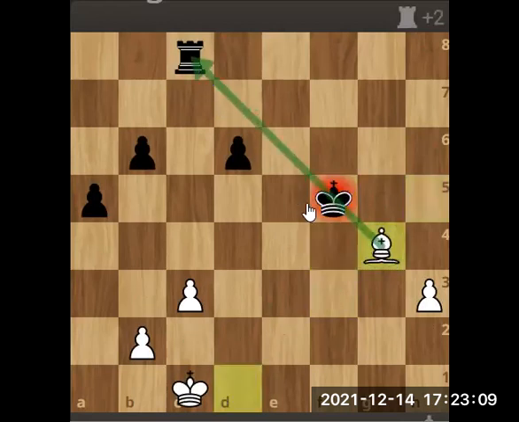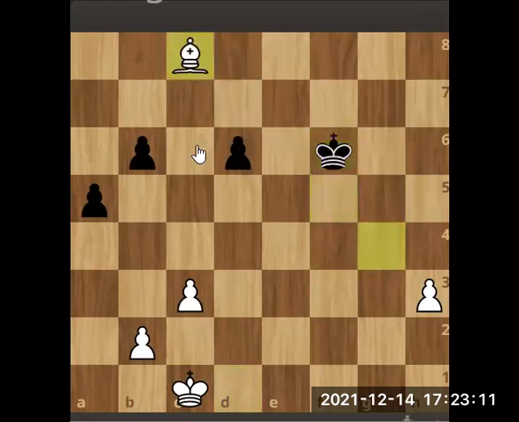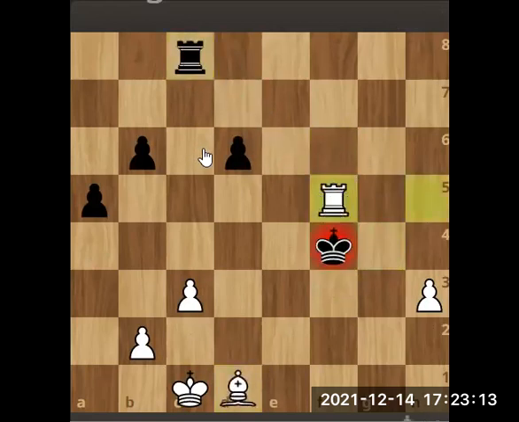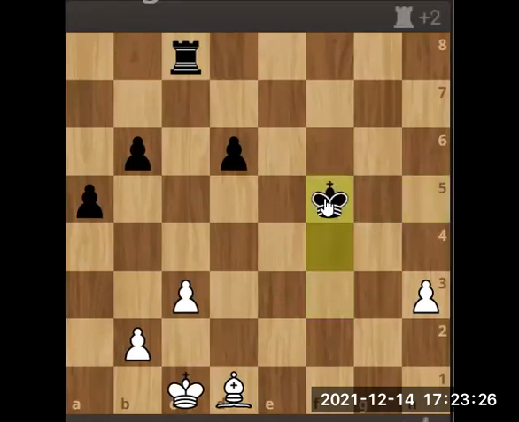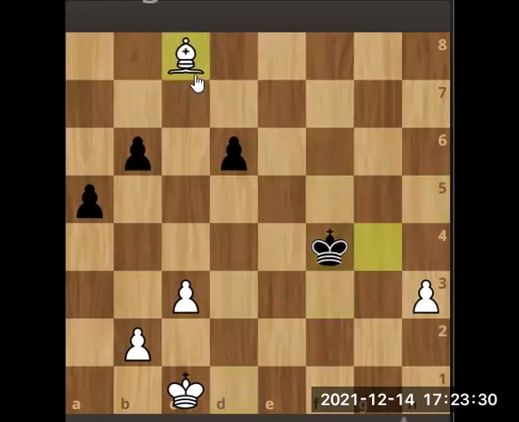So this is the skewer. The king moves out and we take our rook. So once again, what do we do? Right now, what is the situation? We have a rook and a bishop, and black also has a rook and a bishop. So we first make a temporary sacrifice, then give our check. The king moves out and we get a rook. So now we are up by a piece.